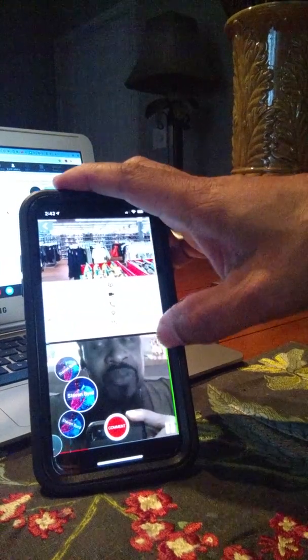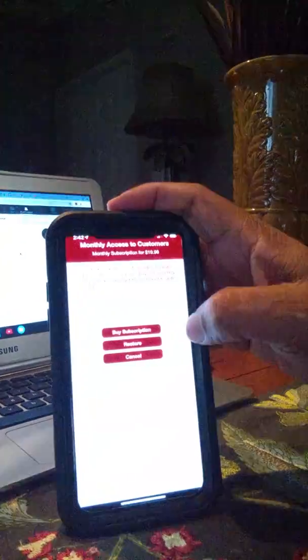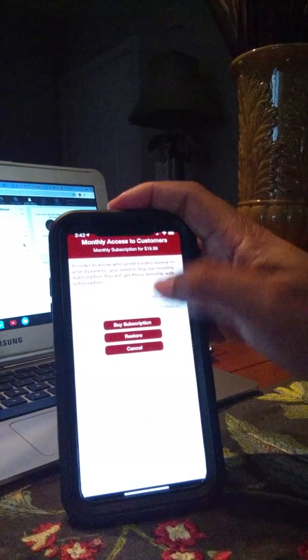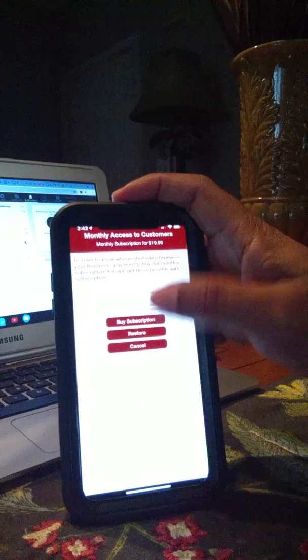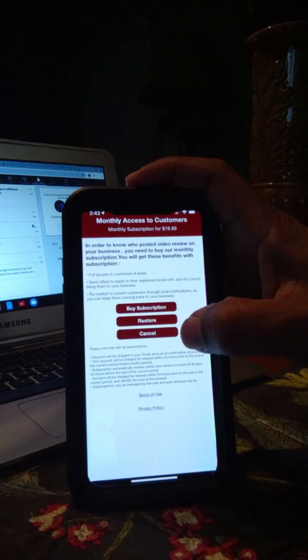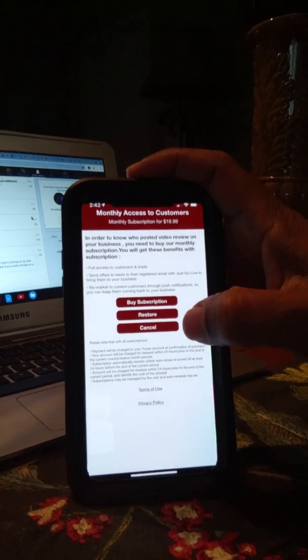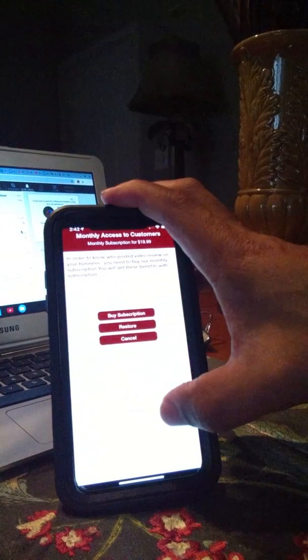Now, before I do that, I want to show you how I put the monetizing system in. When you click on the customer button, I put a monetizing system in. What does this monetizing system do? It allows businesses to pay me for bringing them new customers. Now, I'm going to spin this back around because you kind of get the idea of how it works. They pay me for bringing them new customers. It doesn't matter which business it is.